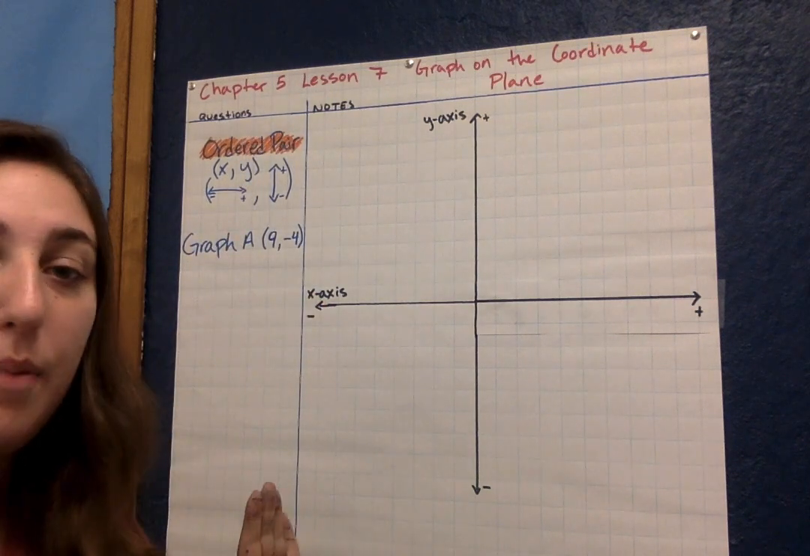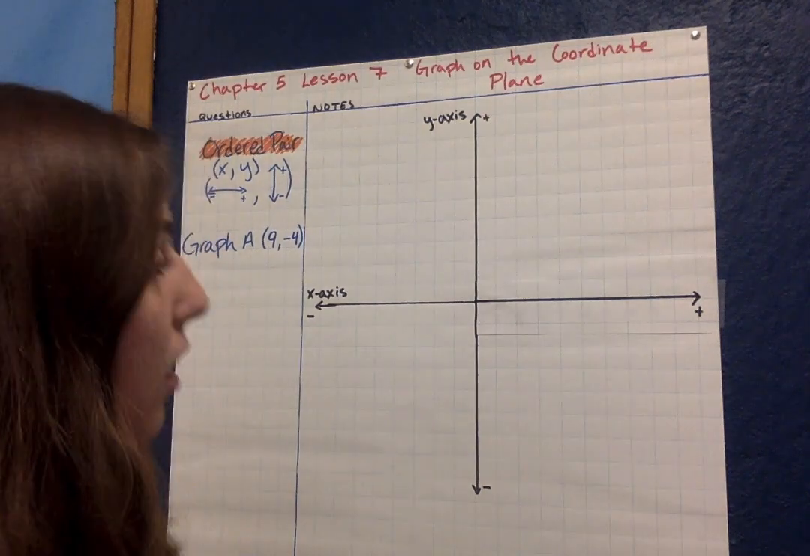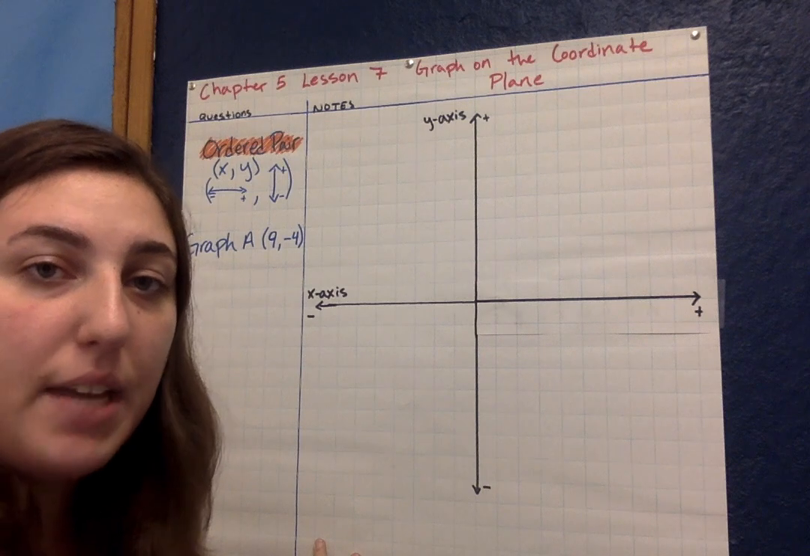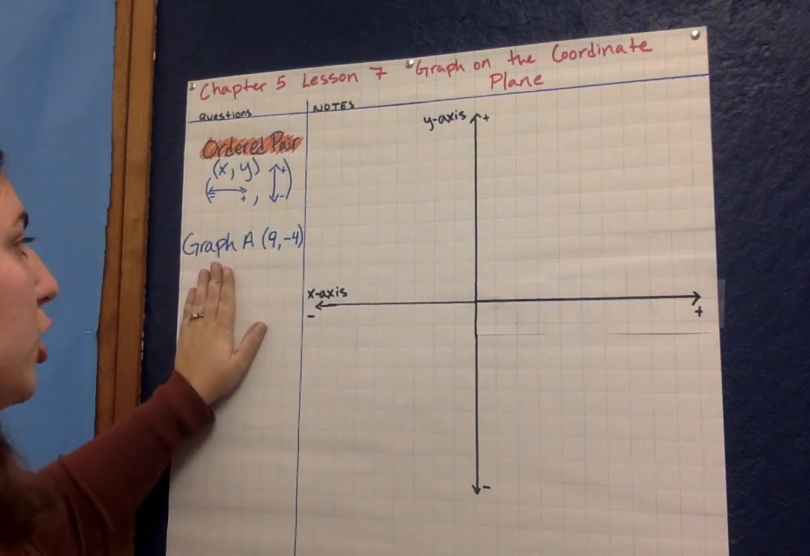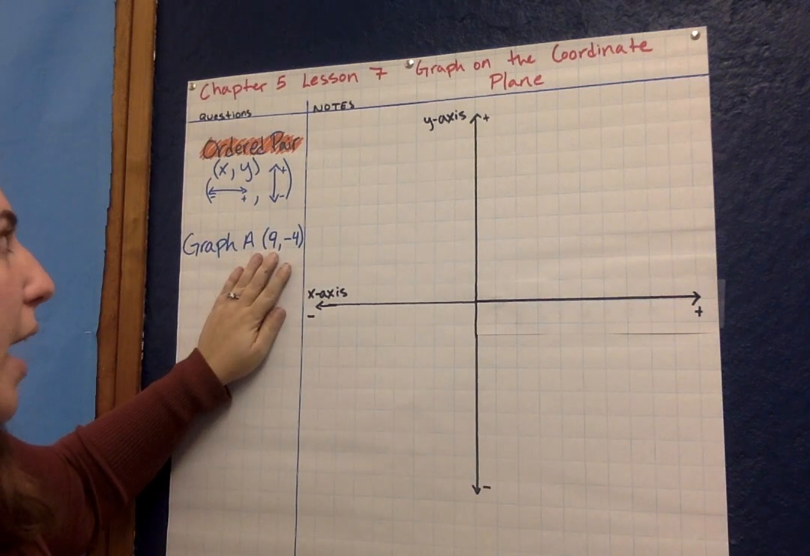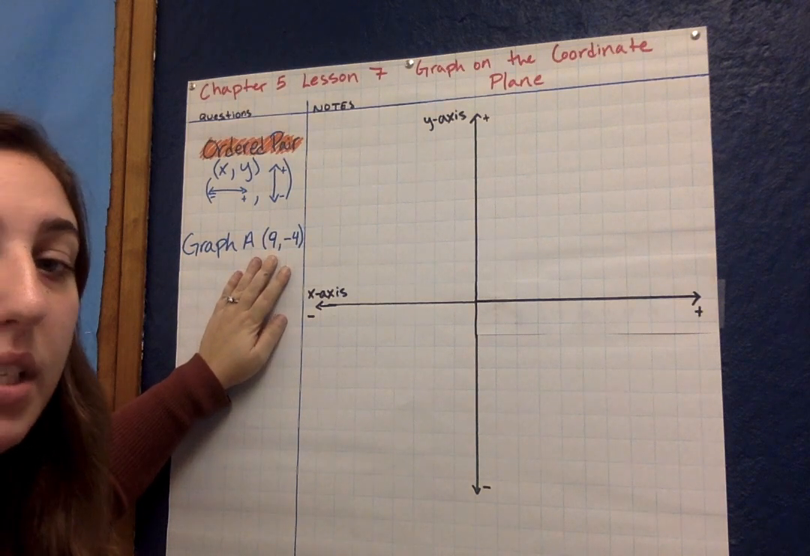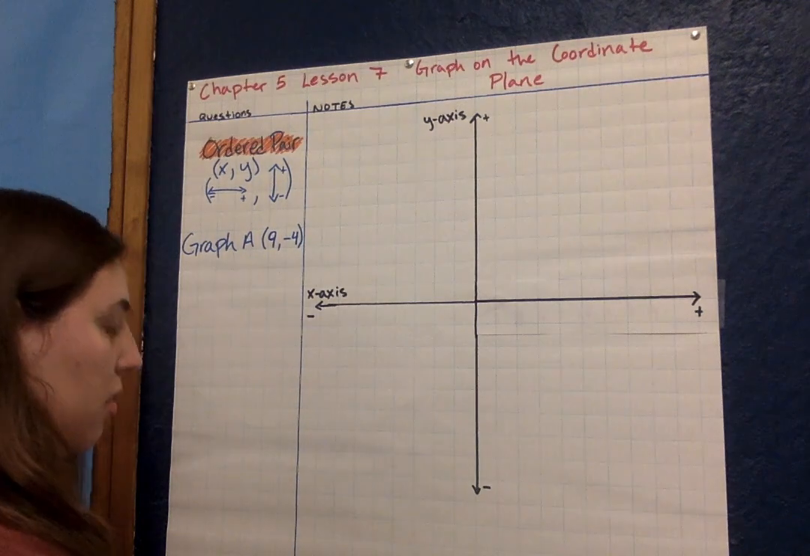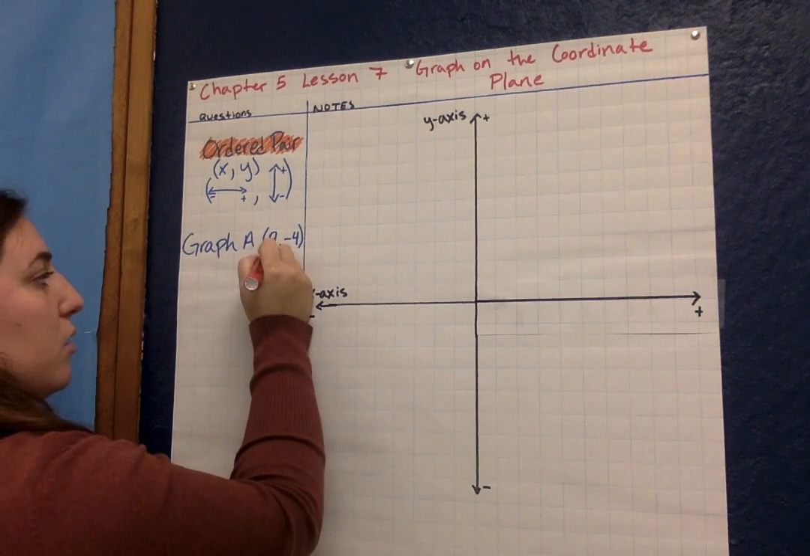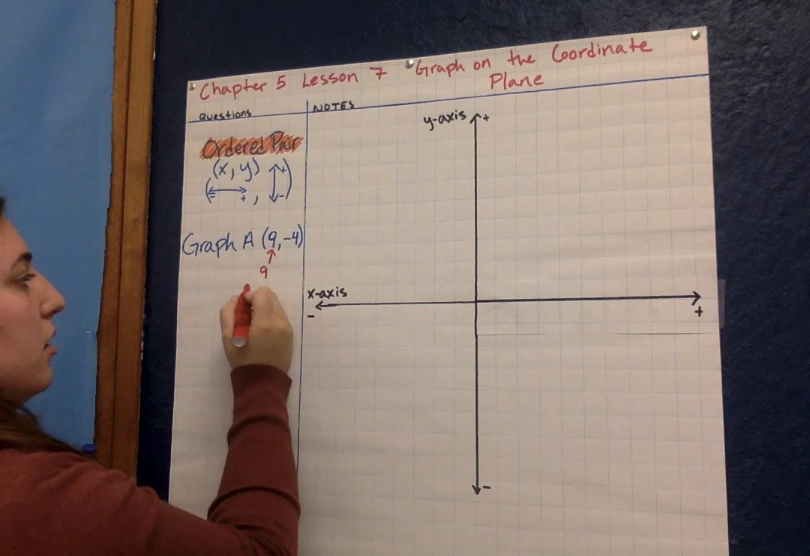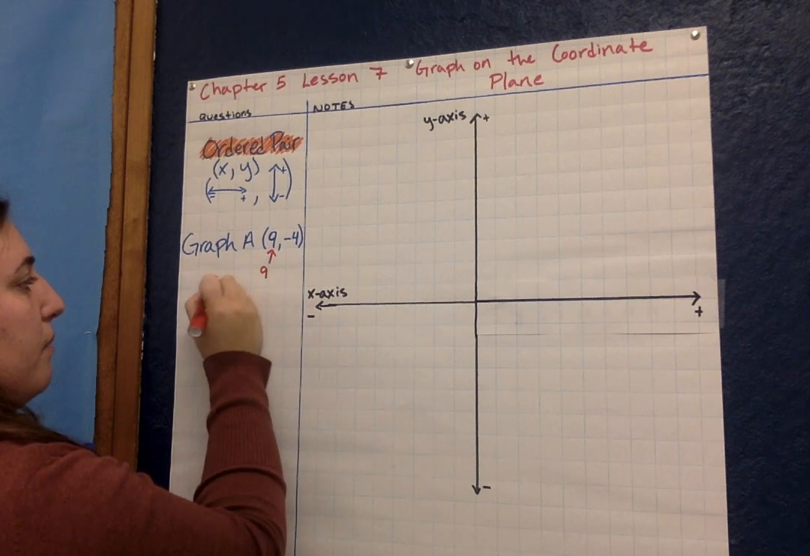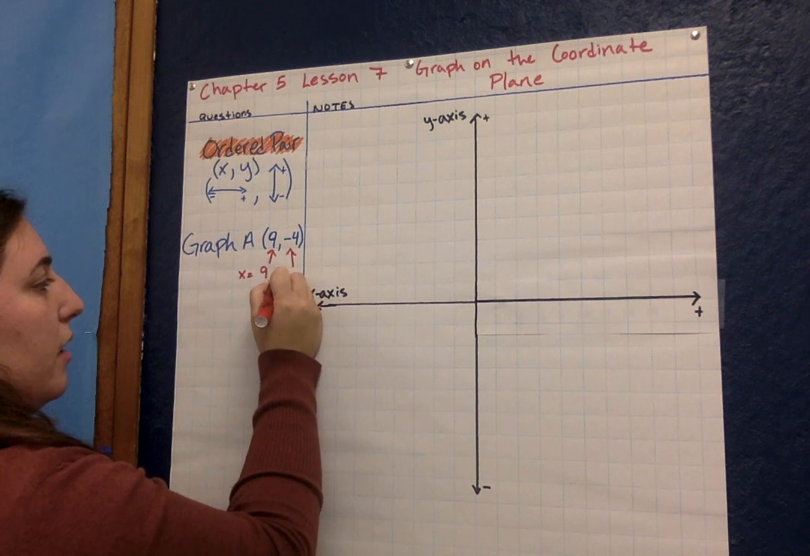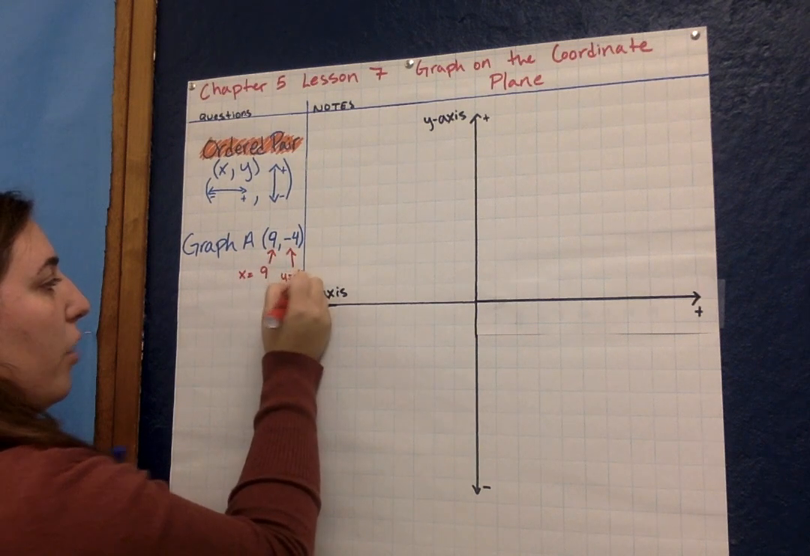Okay, so now we're all caught up in notes. I'm going to start writing things down as well. Don't forget you can pause the video to go at your own pace if you need to. So let's graph point A. Our ordered pair that was given was (9, -4). So our x coordinate is 9. So I'll just put x equals 9,